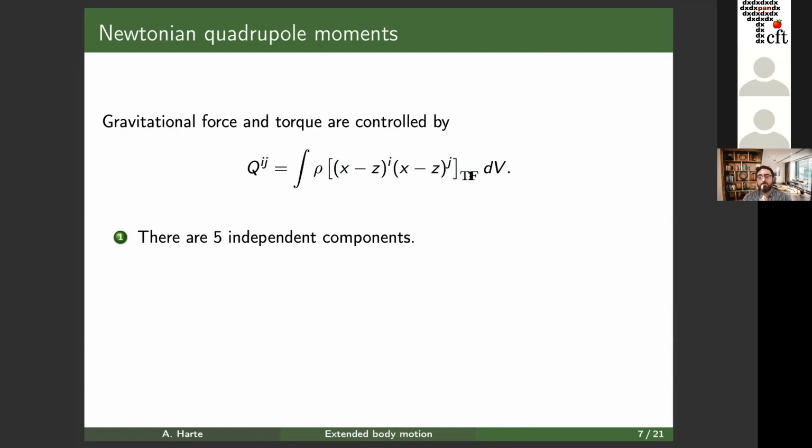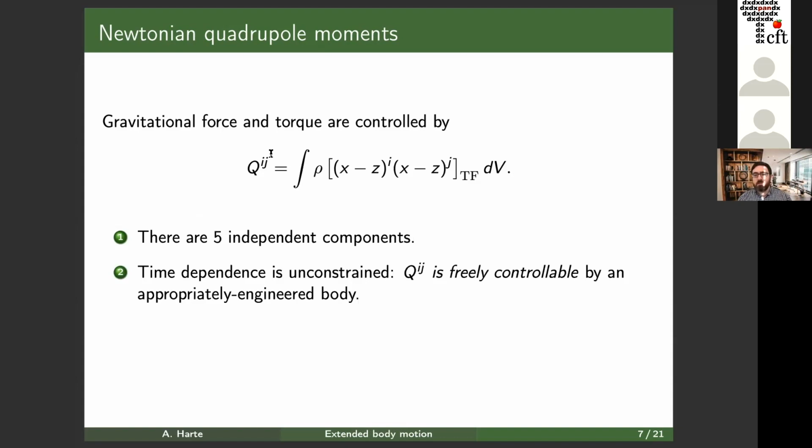But the important point is that the components of this are a 3x3 matrix. It's a symmetric matrix. You can see it's a trace-free matrix. So, symmetric 3x3 has 6 components. Trace-free kills a component. So you have 5 components here. And that means that your extended body has an uncountable infinity of internal degrees of freedom in principle. But in order to describe motion at the first non-trivial level of approximation, you need only 5 numbers. So you take that infinity of possible things that you could construct, and you have only 5 numbers that you need.